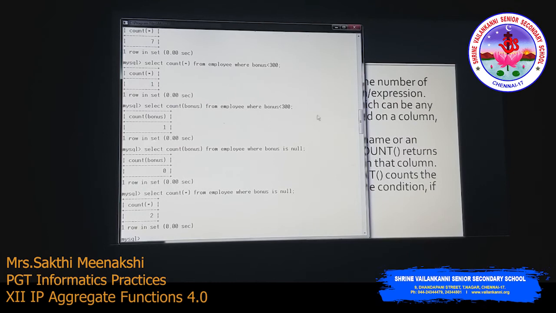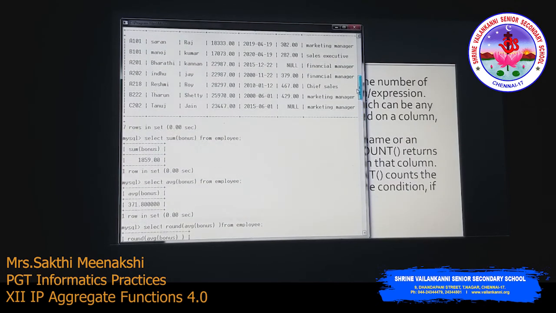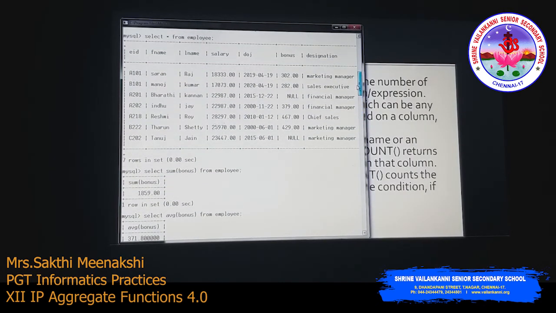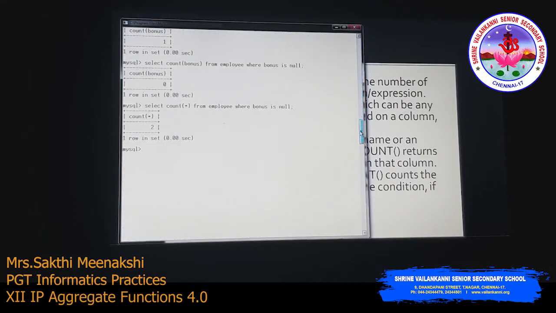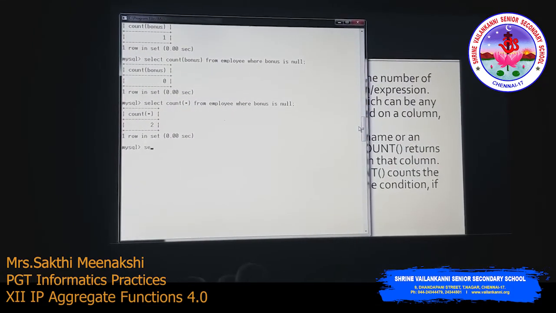For example, if you want to count the number of different designations, how many different designations do we have? We have marketing manager, sales executive, financial manager and chief sales. The other values are repeated here, so the number of different designations is only 4. If you want to count this, we can use the count function along with the distinct keyword.